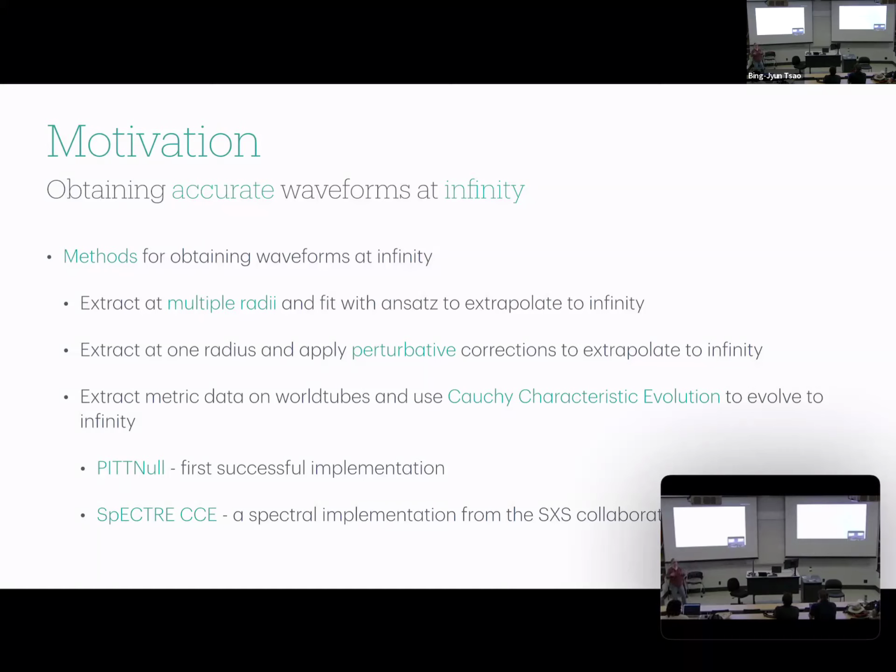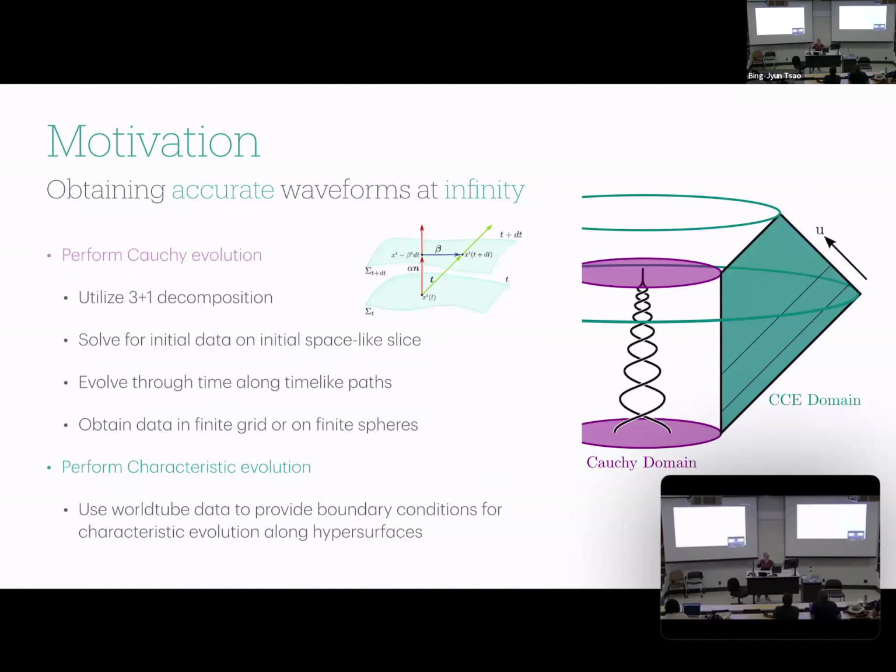And it's because it's separated from their evolution code, the community can use it to then evolve whatever simulations they already ran. And so after talking with a number of the people from SXS, we came up with this idea of wanting to output Einstein Toolkit data into a format where we could then feed it into SpECTRE's CCE. And so that's what I'll be talking about today.